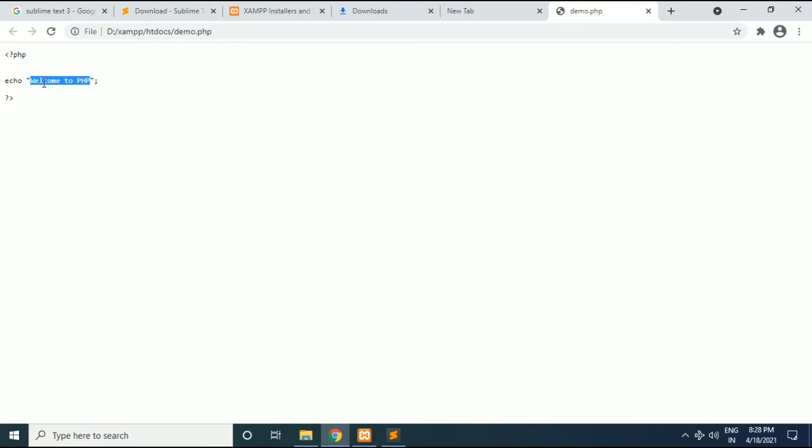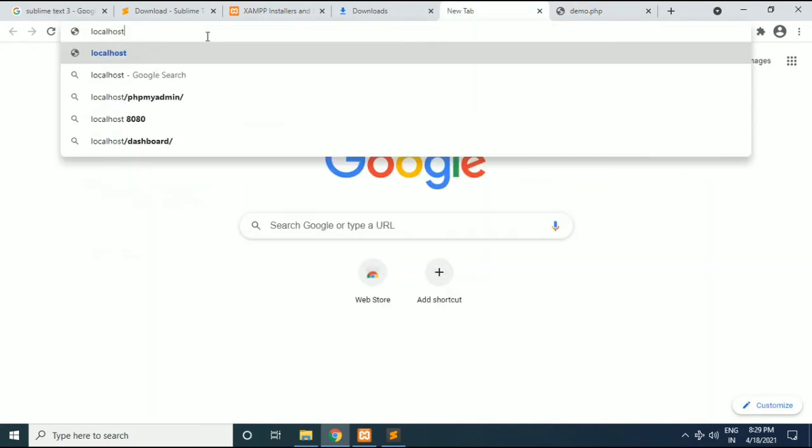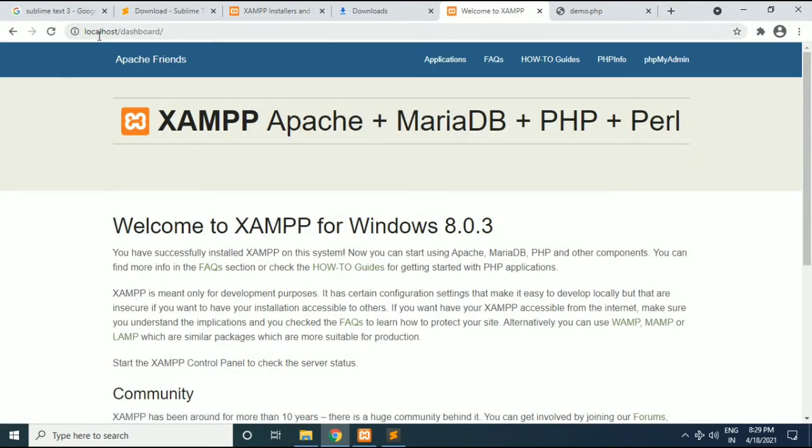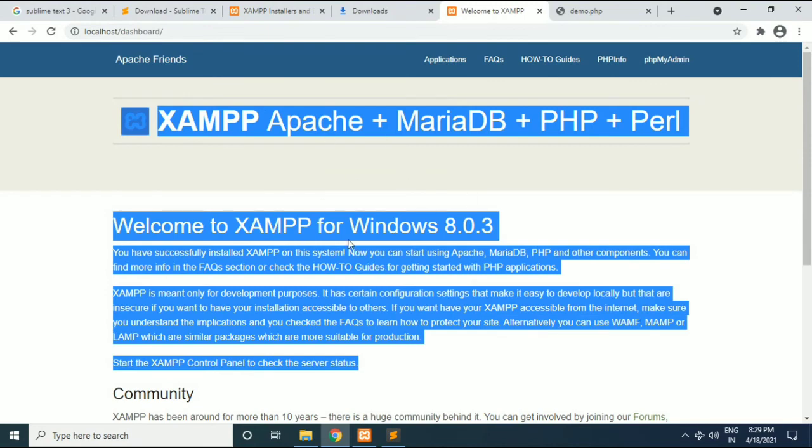What do we have to do? We have to forward our request to the appropriate web server. So friends, we have installed our web server which is running on address 127.0.0.1, that is localhost. So we need to forward the request of this file to the web server. Now how to do that? First of all, you have to check whether your localhost is working or not. If I type localhost within my browser, you can see it is showing this XAMPP web page, which means our localhost is working. Now we can execute our PHP file like this.